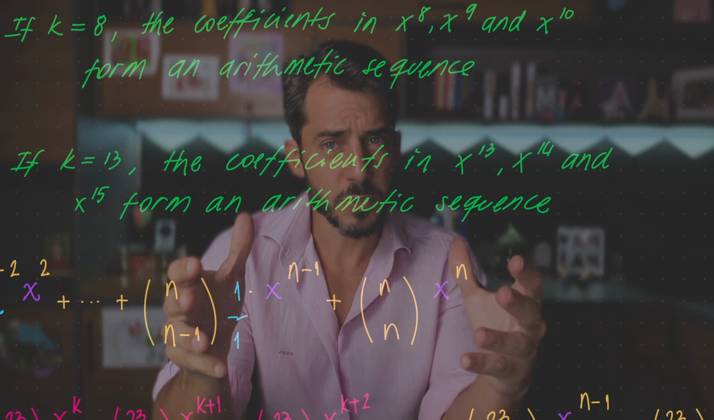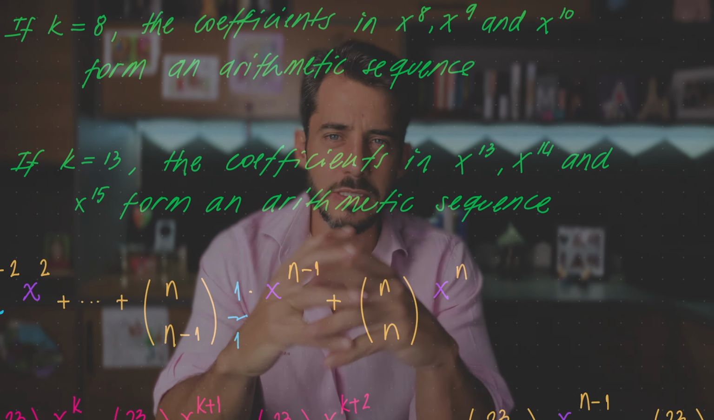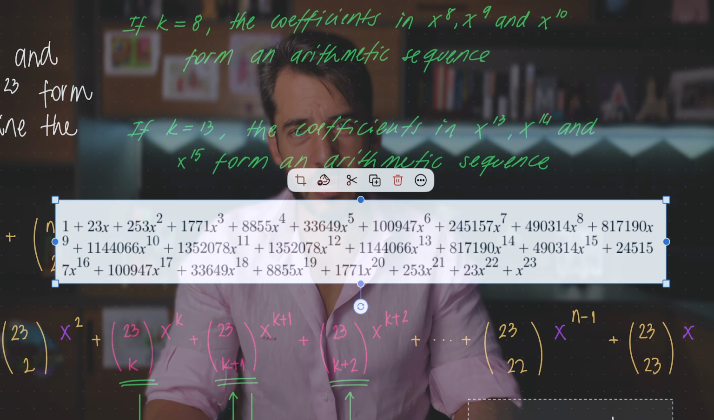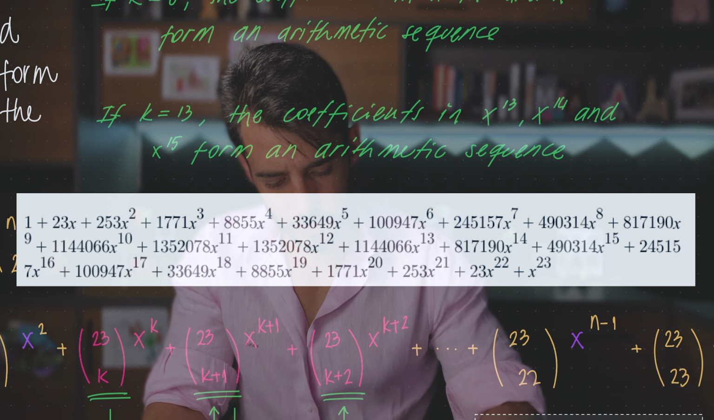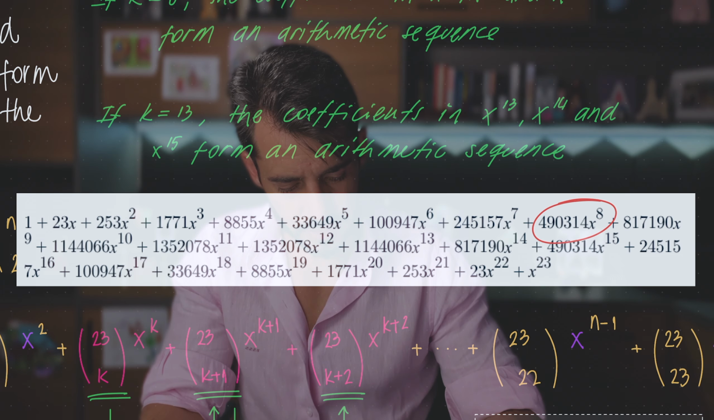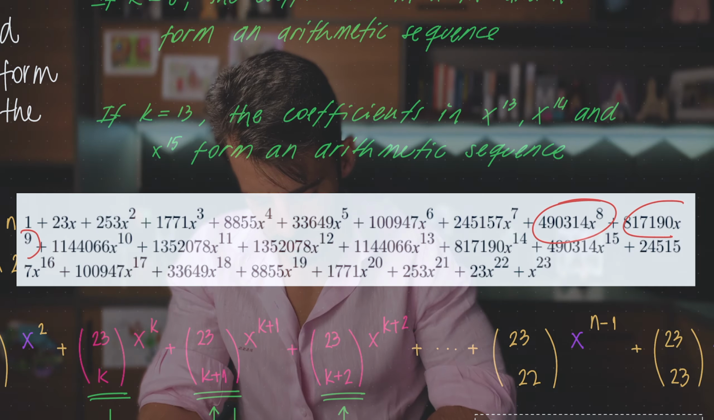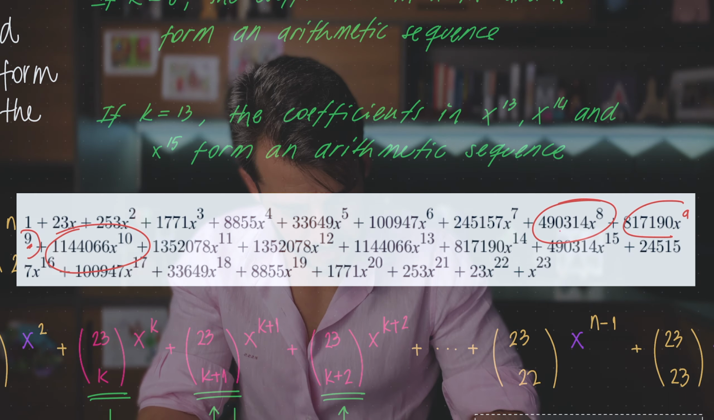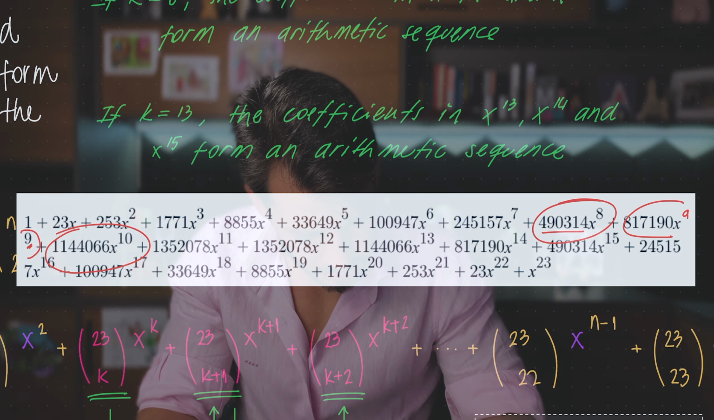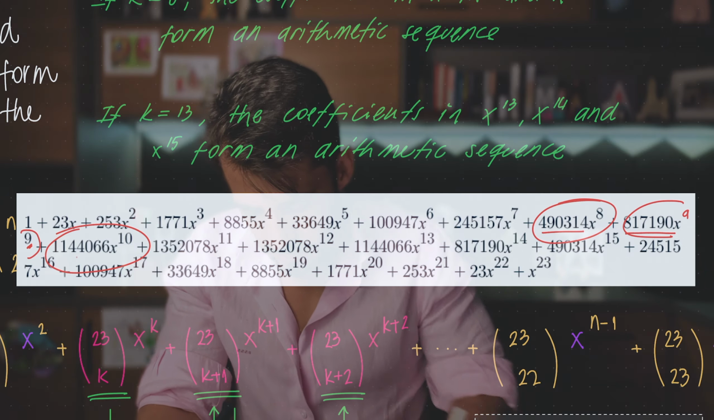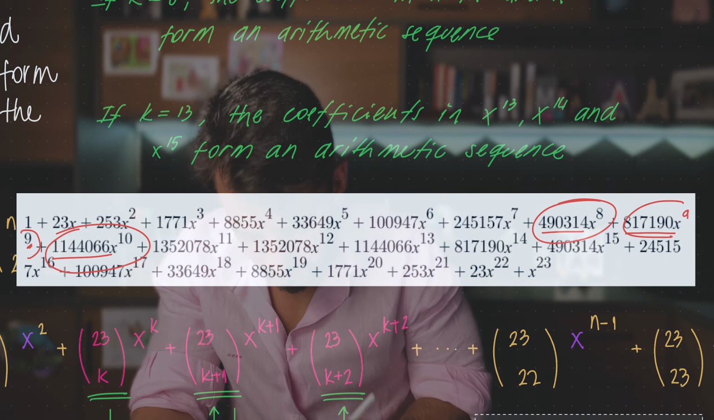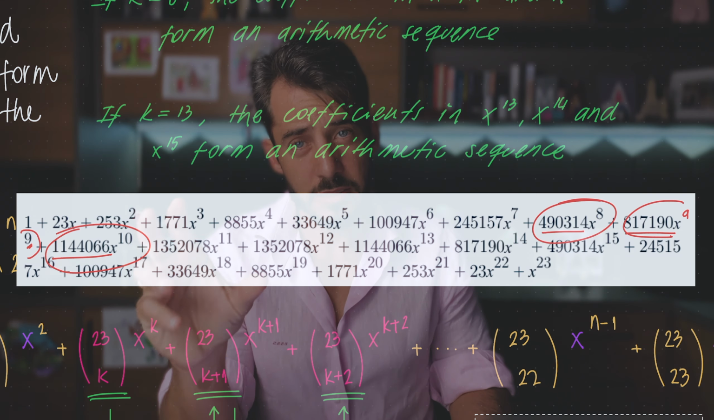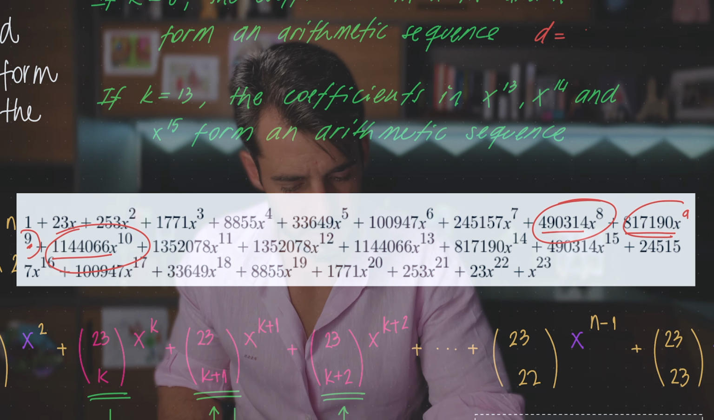And let's look at the expansion using software so we can see which coefficients we're talking about. So this is the expansion of (1+x) to the power of 23. If you analyze the coefficients in the terms x to the 8, x to the 9, and x to the 10, the coefficients being 490,000 and 817,000 and 1,144,000 and change. As you calculate the difference between these numbers, you see that it's a common difference, and the difference is equal to